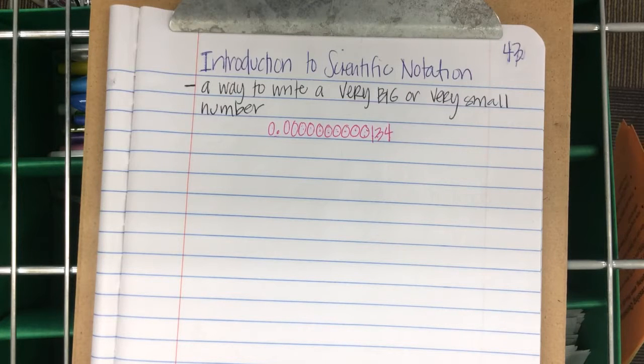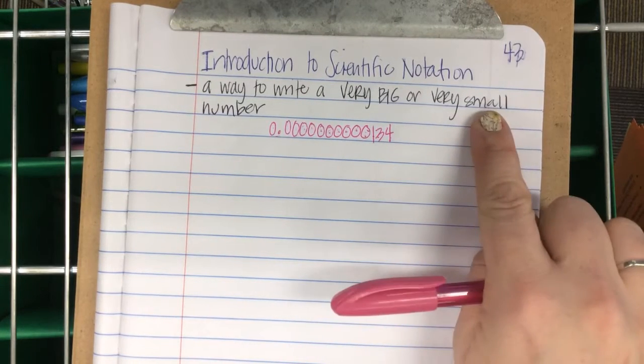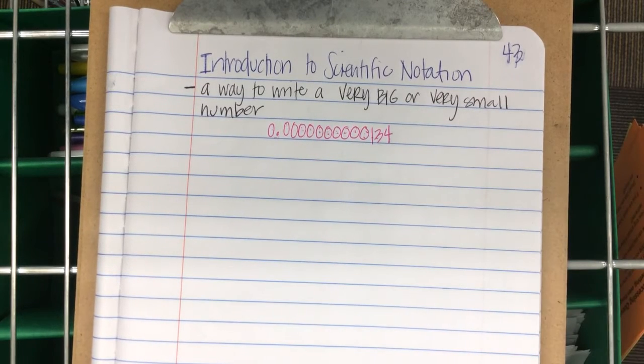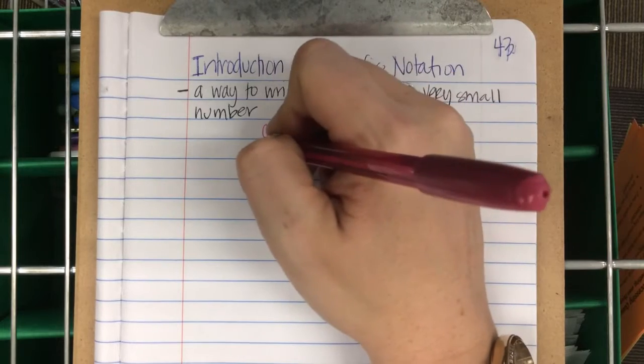But even then, counting to read it correctly took time. It's not fluent. It's too small of a number, right? It's less than 1. It's a tiny little number. Would you want to measure that? No, it's too small to measure. So this is a very small number. Or we have